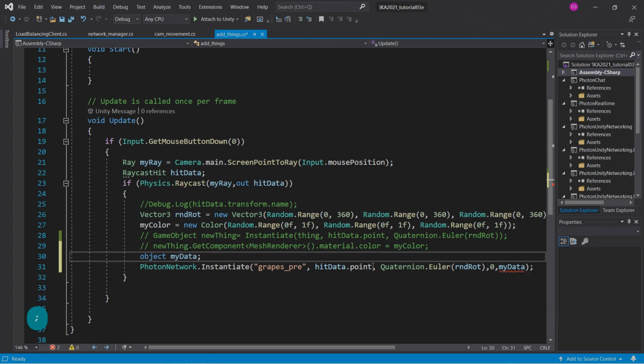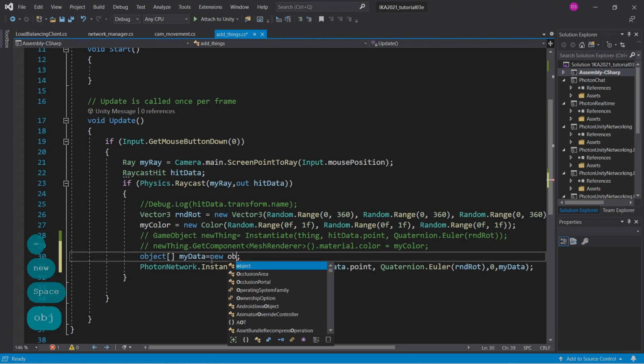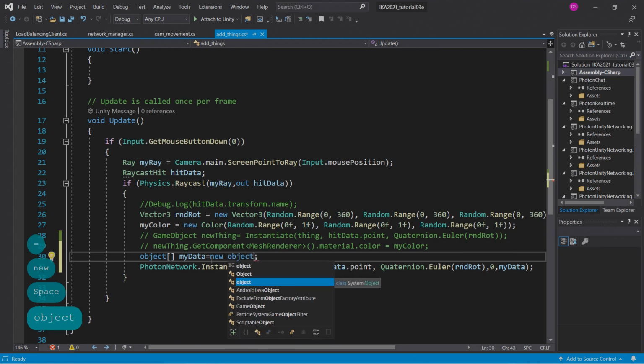Right, oh, and it needs to be an array. That's important. Okay. And we want to instantiate it, of course. So new object, and